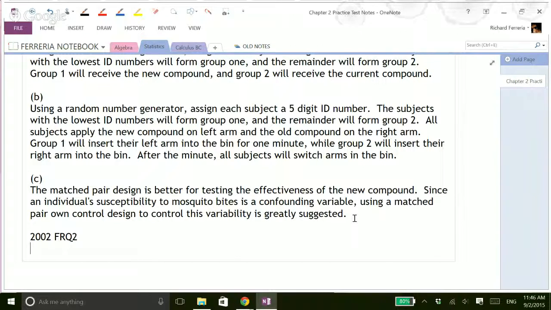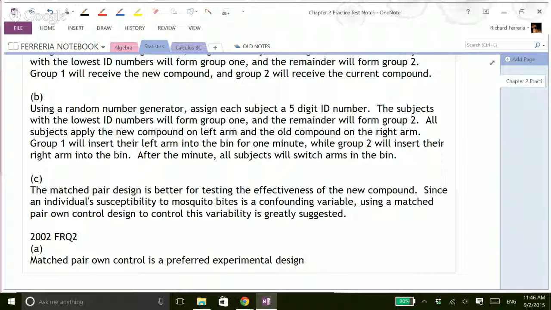Okay, part A. Let's get a way to do this. So the first question that you need to ask yourself is, what is the best type of design for this? You could have each subject wear one kind of each boot. Okay. A matched pair own control. Good. A matched pair own control is a preferred method for experimental design. And why would you want to use it? Because different amounts, so if they're walking the same